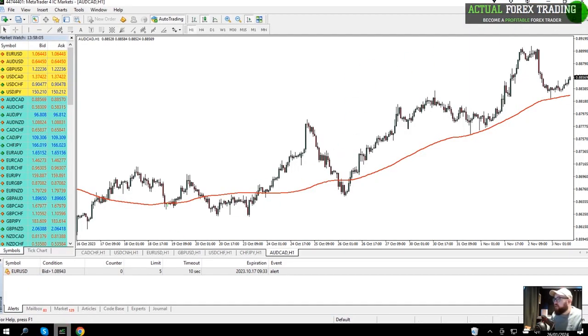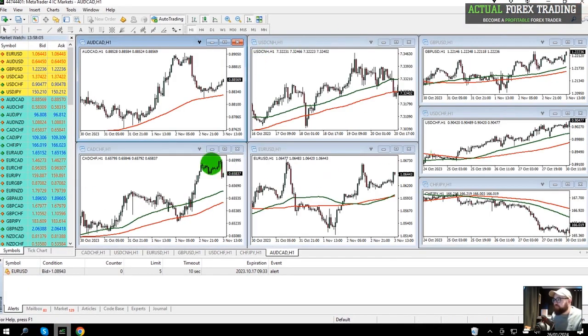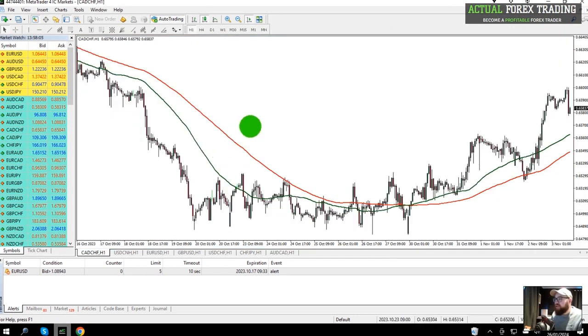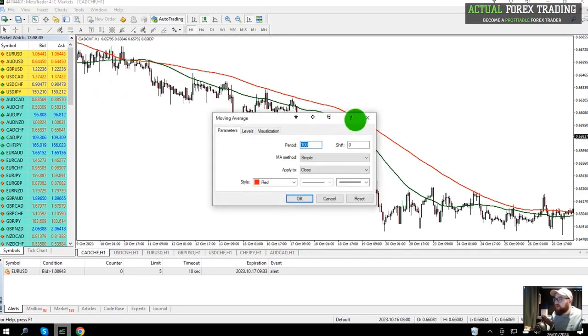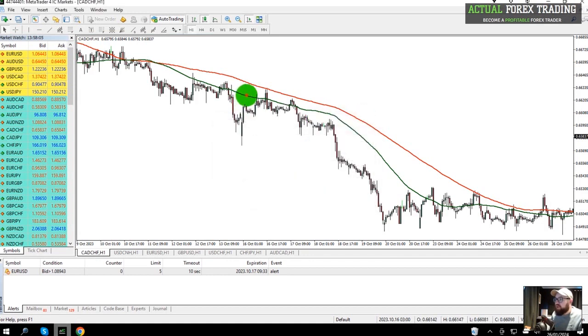And we can have a look at some more examples. Let's go to our MetaTrader platform and look at this chart here. So once again, we've got two moving averages. This is a 100, the red one, and the green one is a 50. So the 50 is a faster moving average. The red is a slower. You can see the green is closer to price,